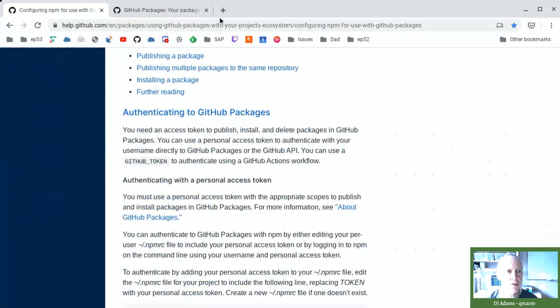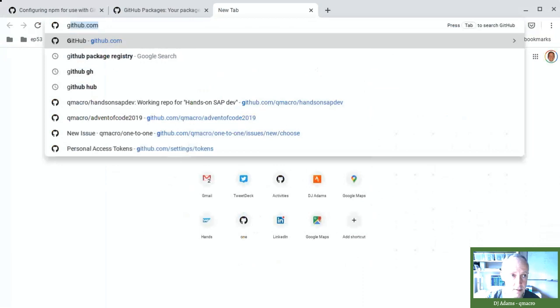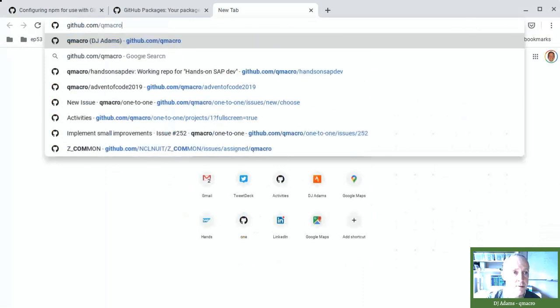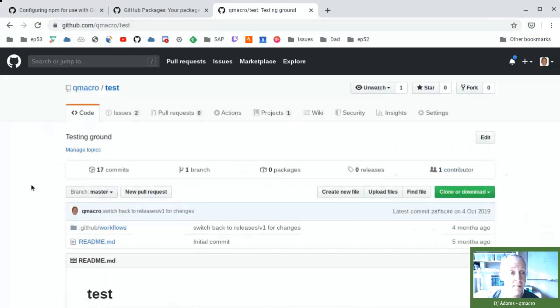There's one thing that I use GitHub Actions for, at github.com/qmacro/test. I've got this stupid little test repo here, and I've got this GitHub workflow. Let me just show you. Let me show the effect here. If I create an issue,